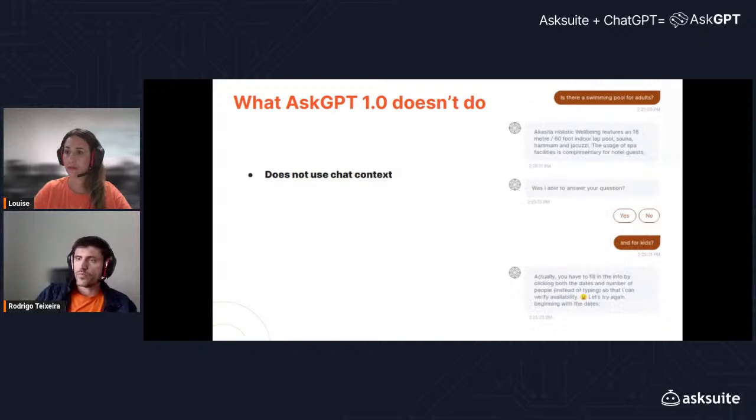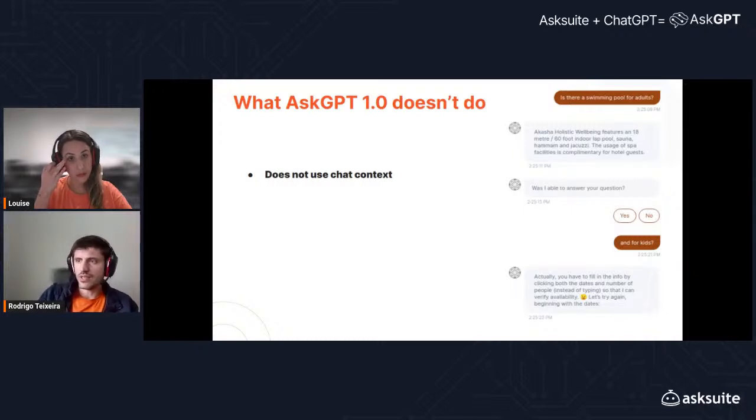The second limitation of this first version is that AskGPT will not understand chat context. So if someone asks a first question, is there a swimming pool for adults? Then a second question, and for kids.